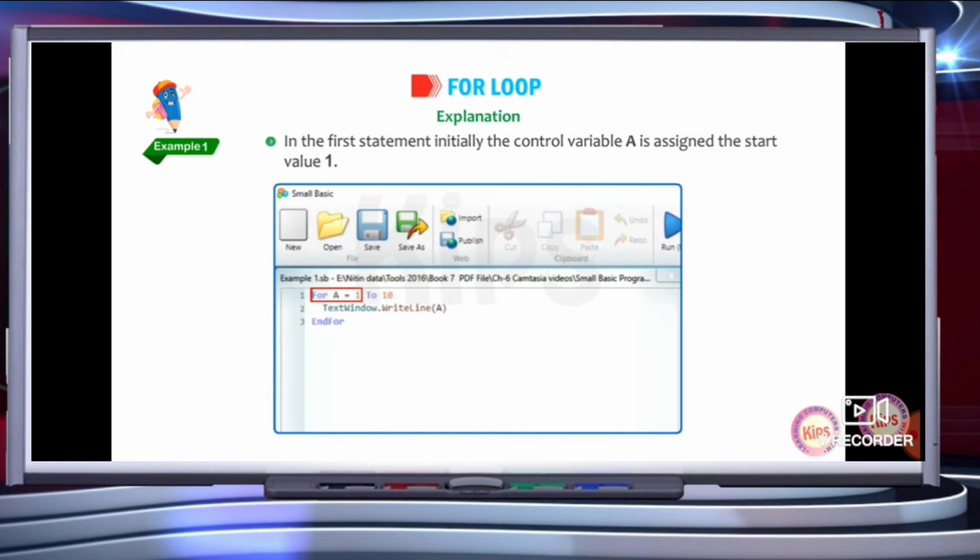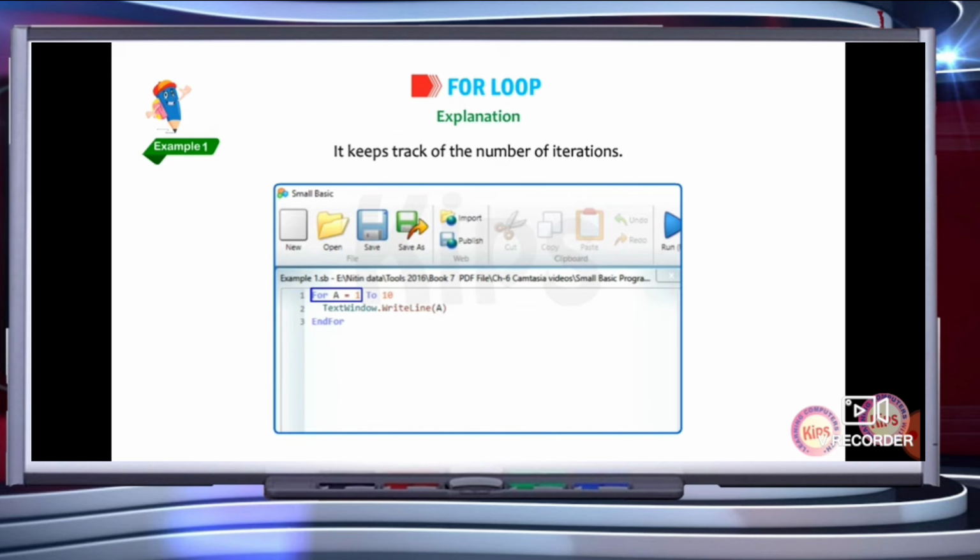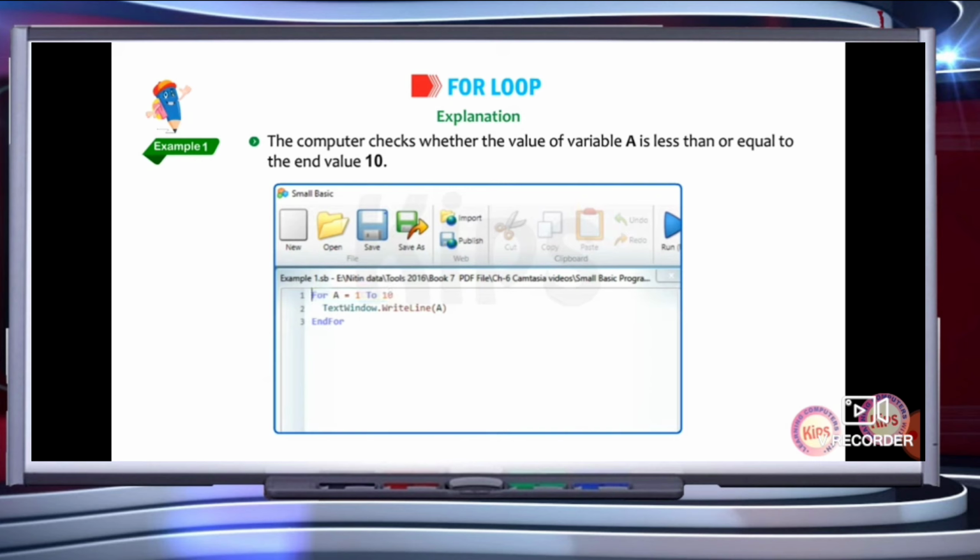Explanation of this program. In the first statement, initially the control variable a is assigned the start value of 1. It keeps track of the number of iterations. The computer checks whether the value of variable a is less than or equal to the end value of 10.